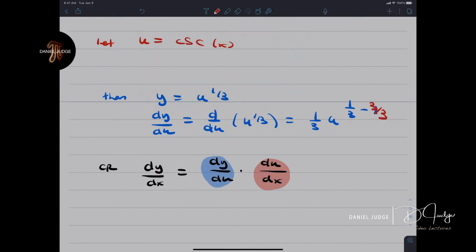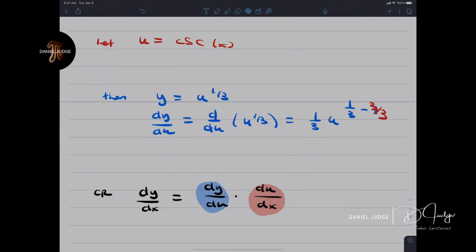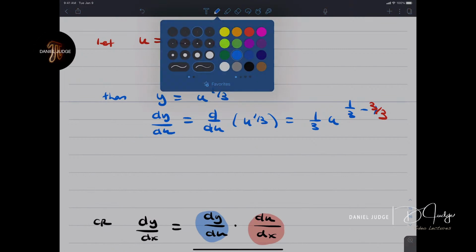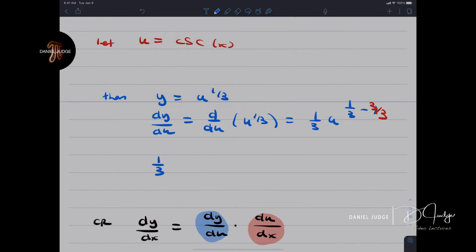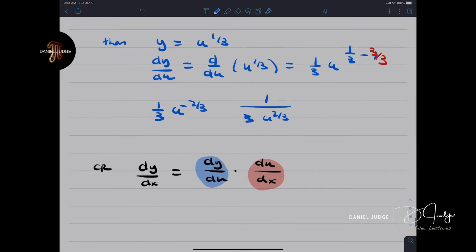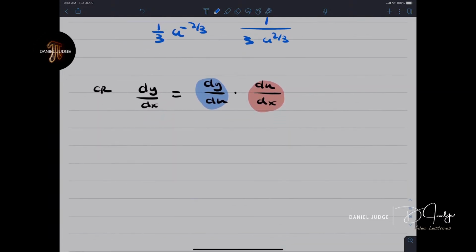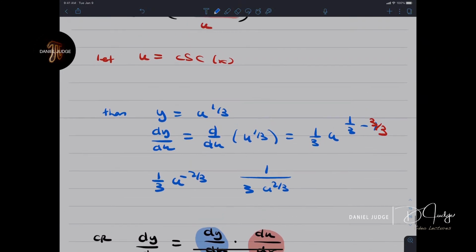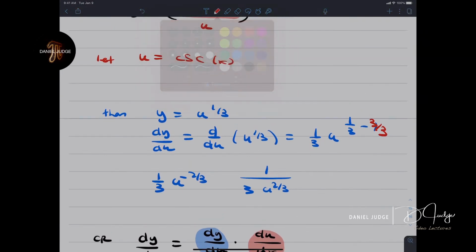So we get 3/3 here, 1/3 u to the minus 2/3, which is 1/3 u to the 2/3. So we get 1/3 u to the 2/3. Now, du dx